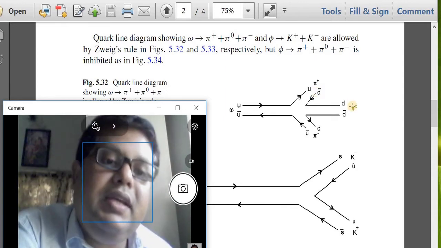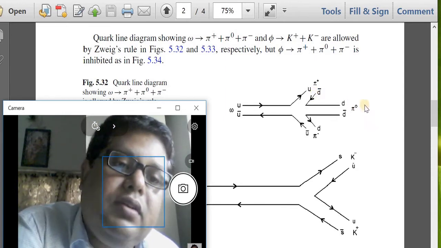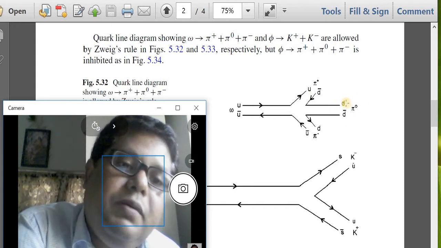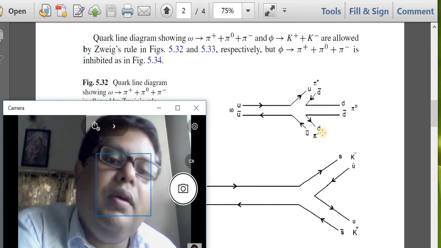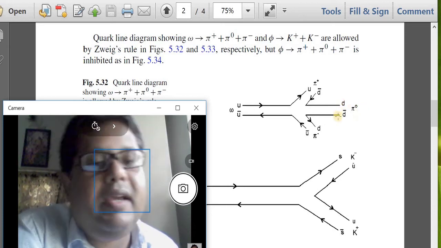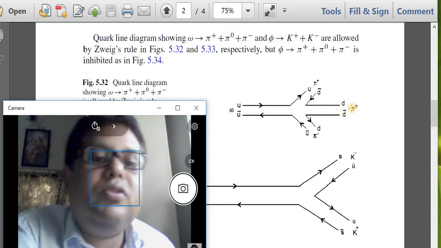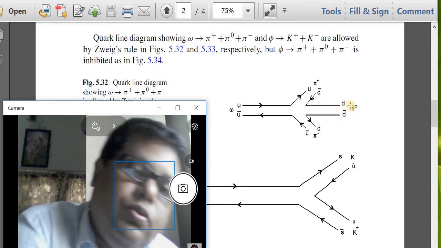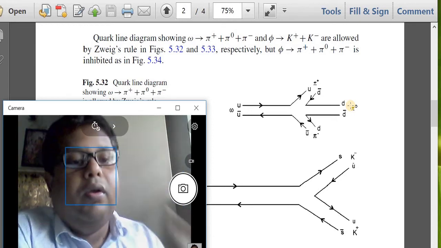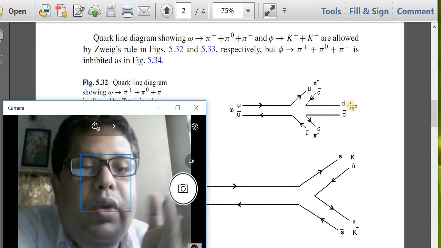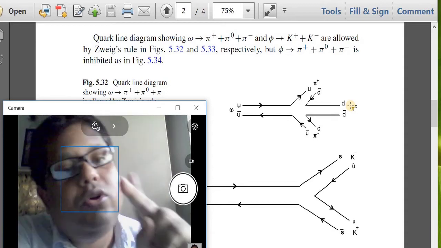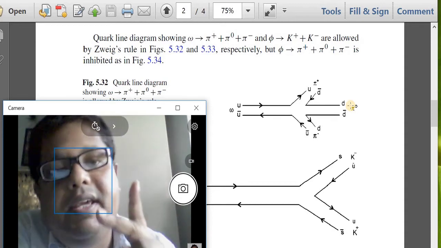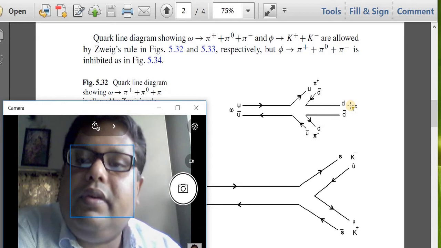One is a D and anti-D quark, which goes into the pi plus. Another D and anti-D quark goes into the pi 0. So through this quark flow diagram, we are showing the creation of two pairs of D and anti-D quark. Any questions